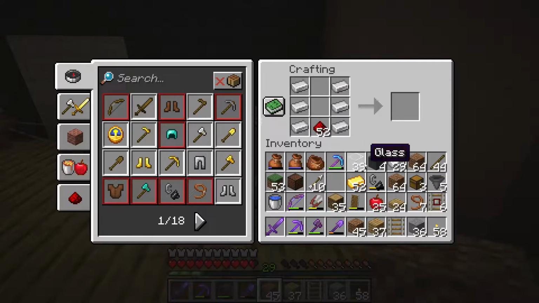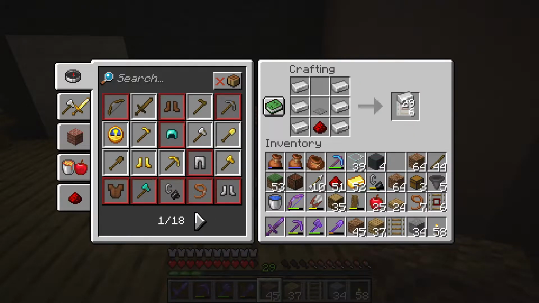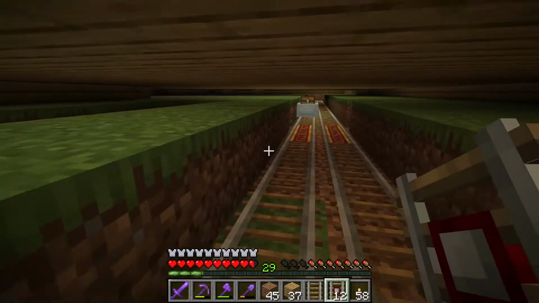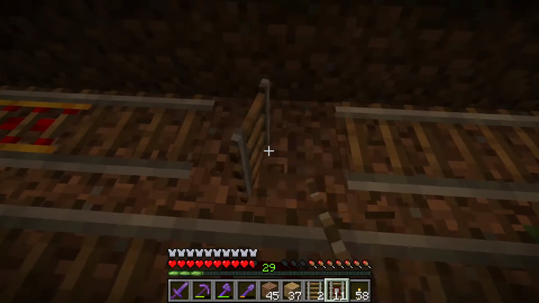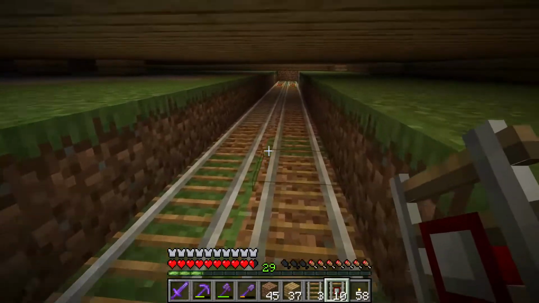So I'm going to need to make 2 of these, which means I need to get some more pressure plates. So we'll go and make 1 more pressure plate, and then I should be able to make 1 more of these. There we go. Now I got 12. So that'll be plenty for what I need to do. So I'm going to put 1 detector rail right here. I'll put 1 right here for each side. And then I'm going to put another...